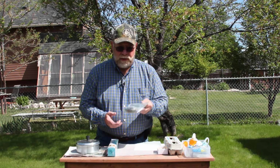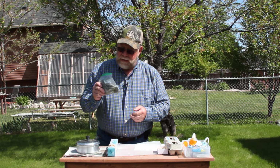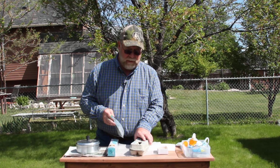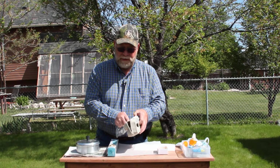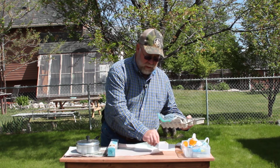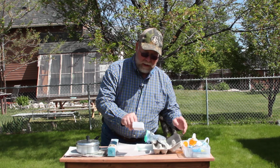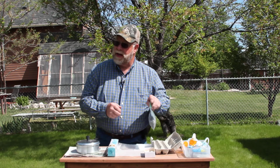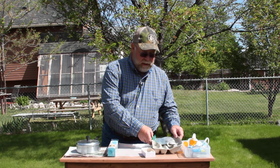Again, when you help your folks do laundry, here's the dryer lint. You'll need that. You'll need an egg carton. The cardboard type is the best, obviously. And then we're going to do cotton balls, and we're also going to make the waterproof matches. We're going to do all of this at the same time, so we don't have to mess with it in